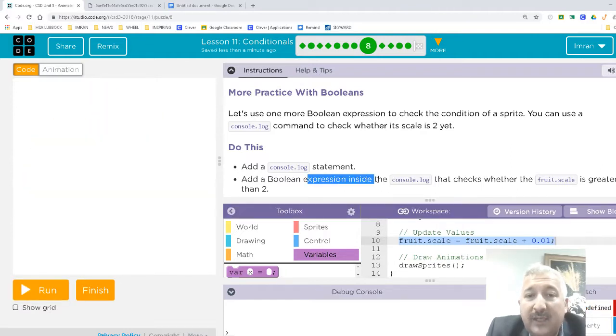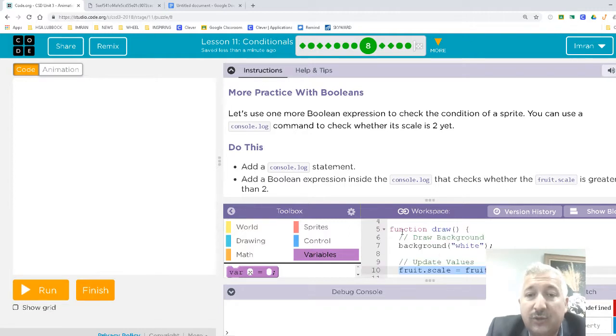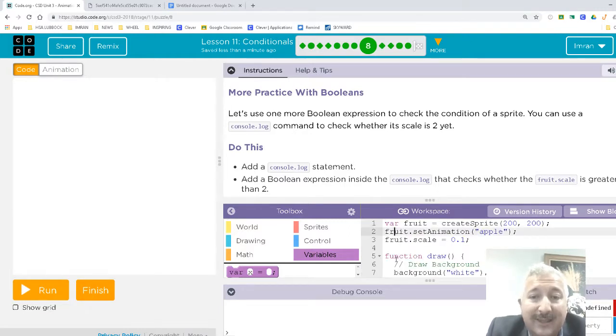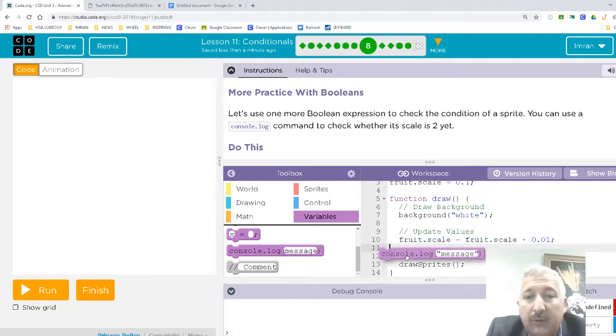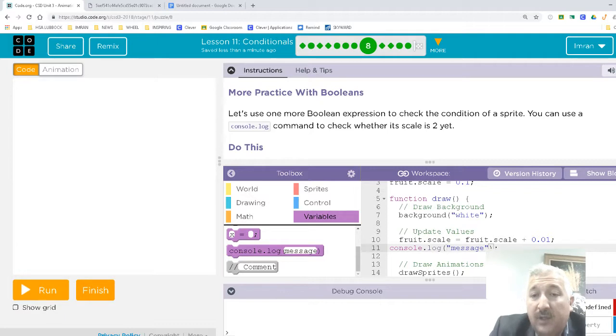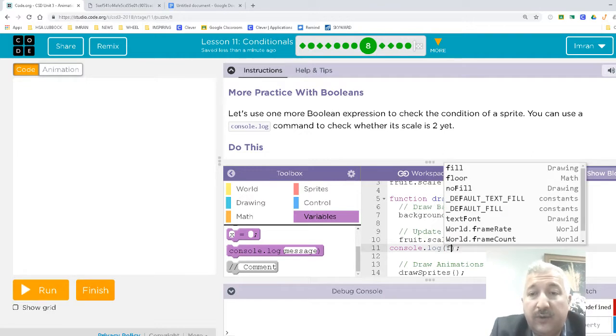We're going to add a Boolean expression inside the console log that checks whether the fruit scale is greater than 2. So how do I do that? I shouldn't write it up here. I should write it inside the function row. After it changes the value of the fruit.scale, I will check by variables. Console.log. I will put it just after the fruit scale line, and in this one, what am I going to check? I'm going to delete everything including the quotations. I'm going to write fruit.scale,